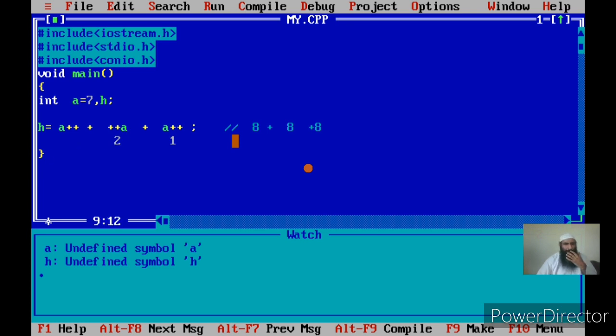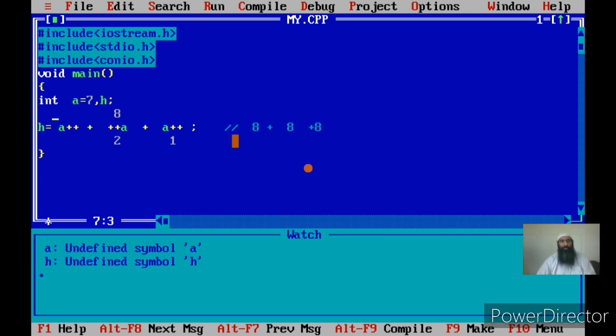Now let us see the second operation. The second operation the compiler can perform because it is a pre-incrementation. The rule here is that the incrementation is to be performed. Now what is the previous value of a on which the incrementation is performed? That is 7. Since that is 7, it becomes 8 now. So the value of a has become 8. Now this operation is over, and this value is retained in a.